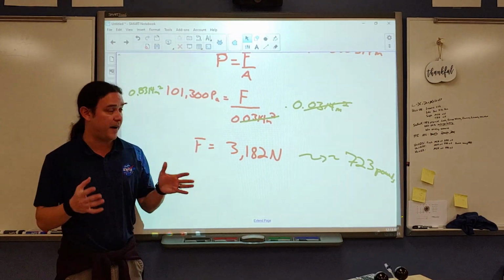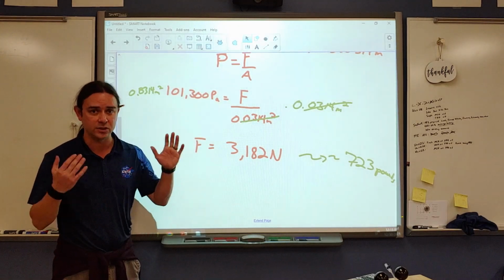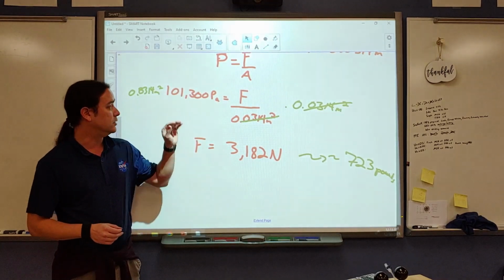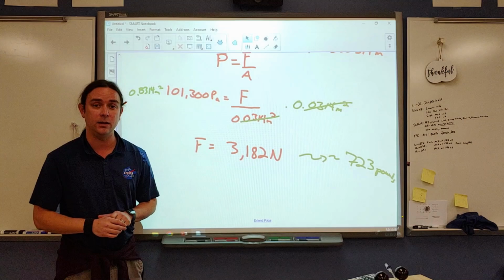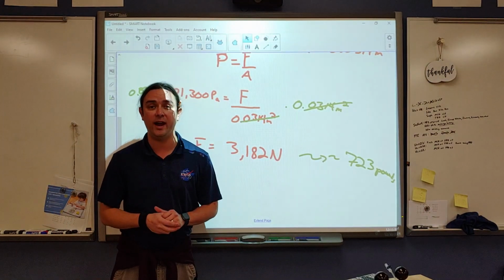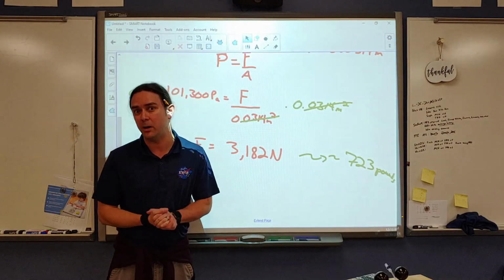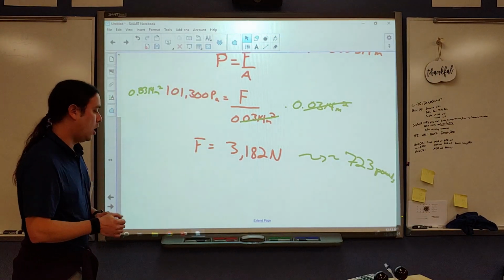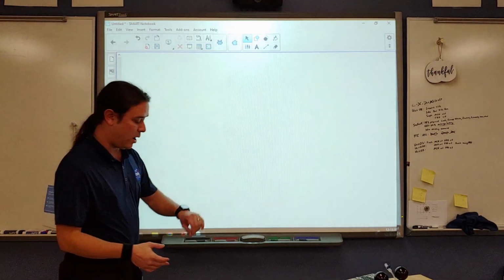Big, heavy, fast-moving vessels that are filled with a lot of people, and it is just the effect of air that can keep them up in the sky. And this is a peek into how that actually works, at least for some aspects of flight. All right, the last thing that I want to talk about with this